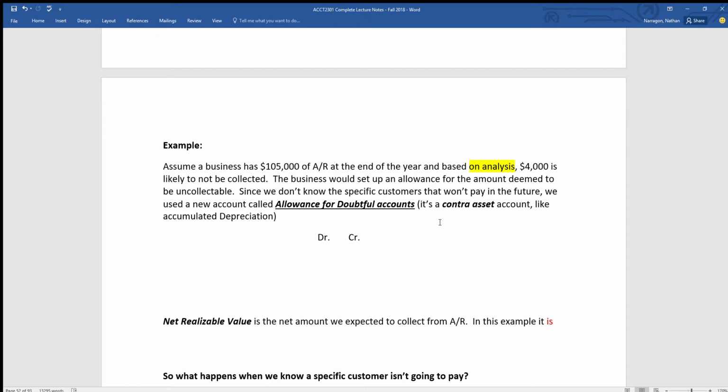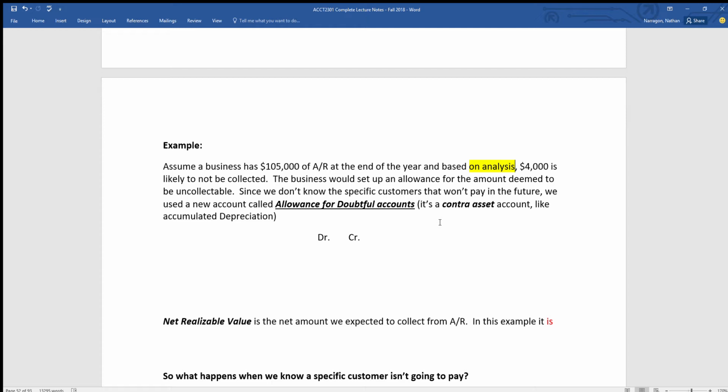So we're going to set up a new account called Allowance for Doubtful Accounts, or basically the ADA. Now watch out. Remember back in chapter 3 I said I'm going to introduce more contras later on. This is another contra asset account, very like accumulated depreciation. Okay? So since it's a contra asset, that means even though this is an asset account, its normal balance, the side it increases on, is